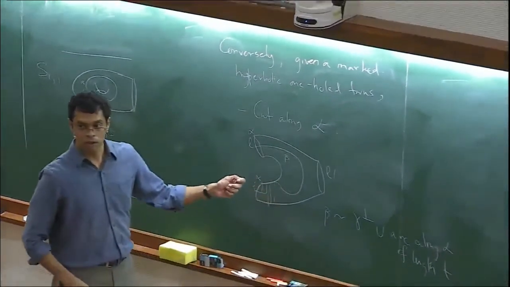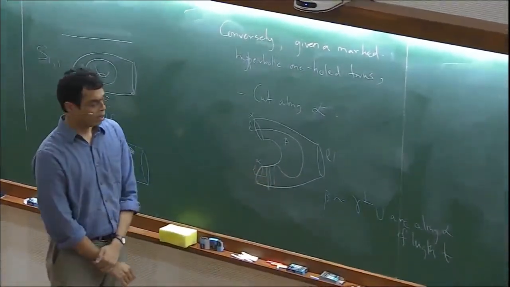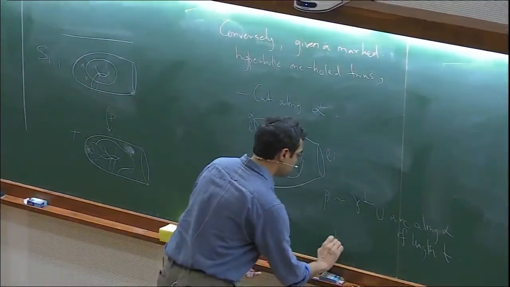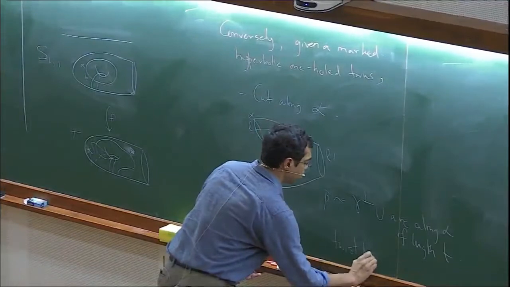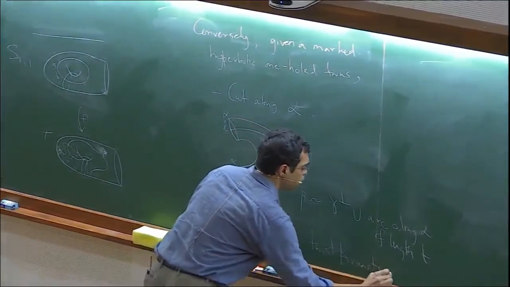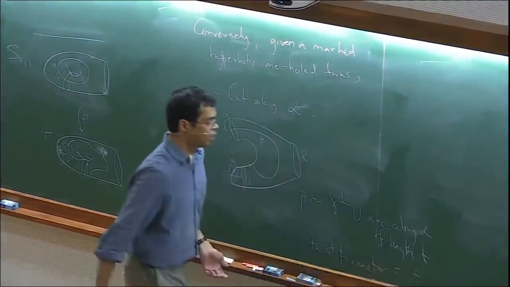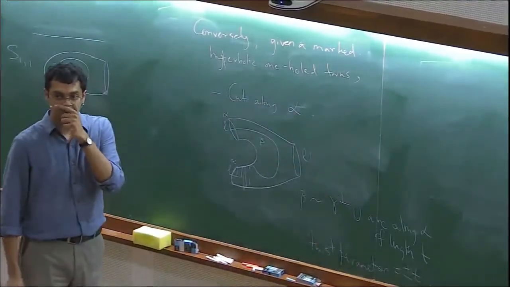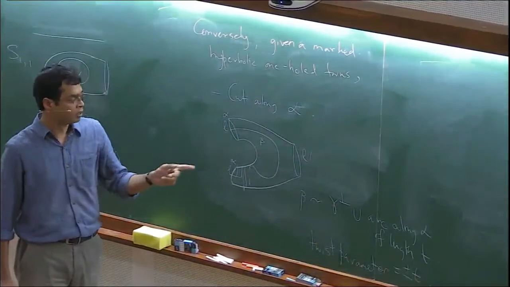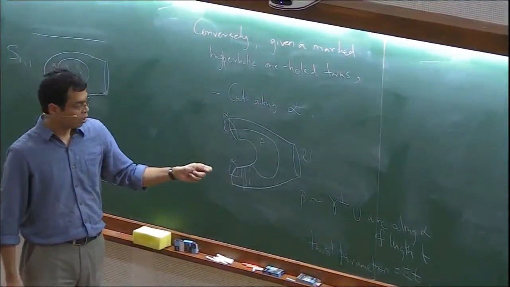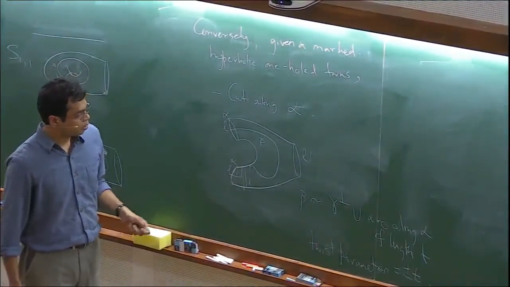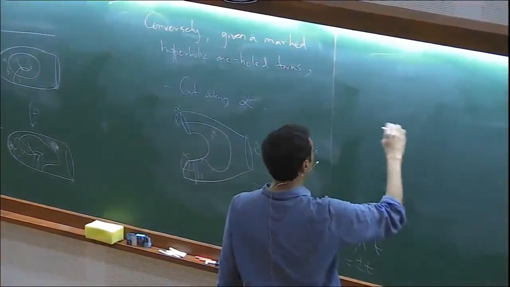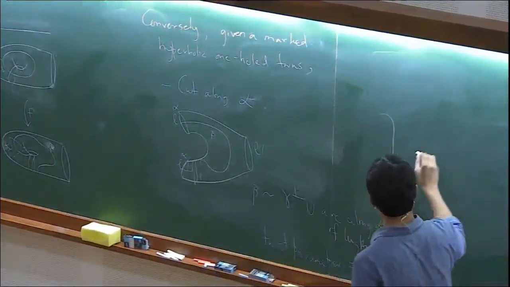Okay, so there's always going to be some such arc, and this twist parameter would be equal to t with a sign depending on which way you orient that arc. So whether you want a positive twist or a negative twist. All right, and so this process is sort of the converse, the reverse of this, and this